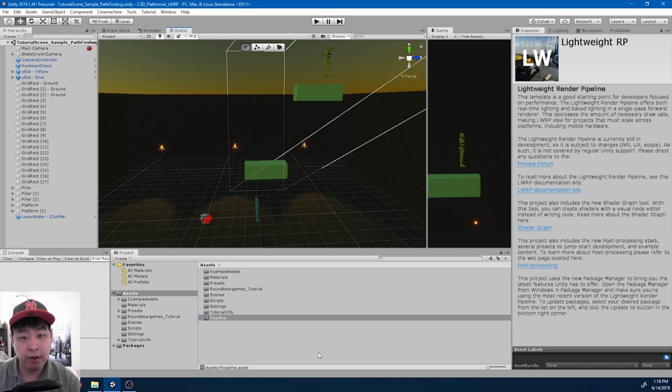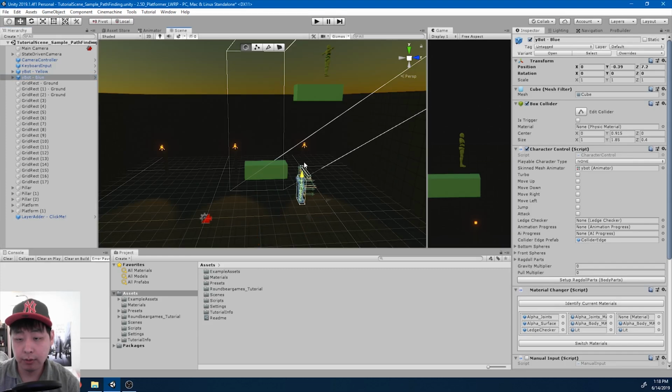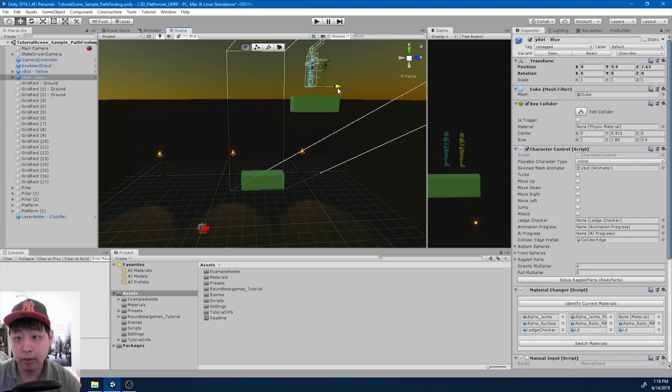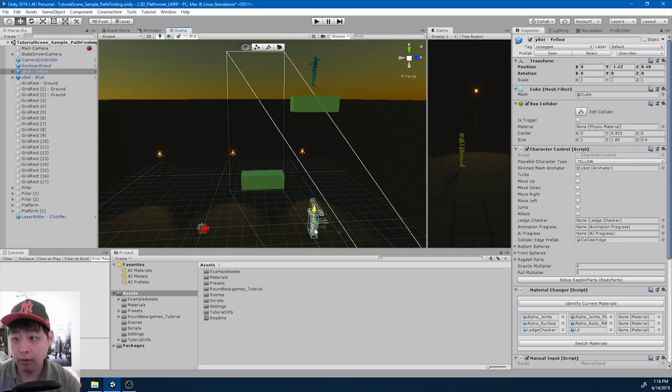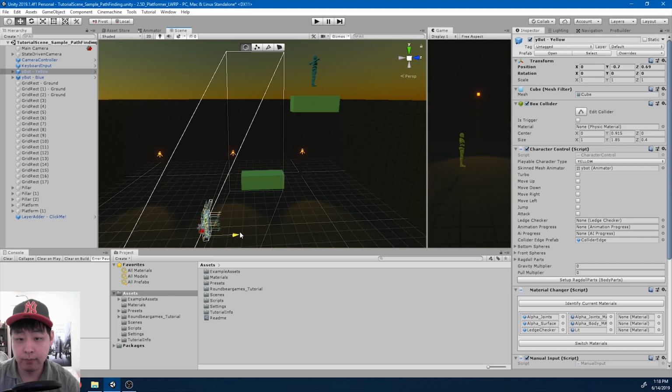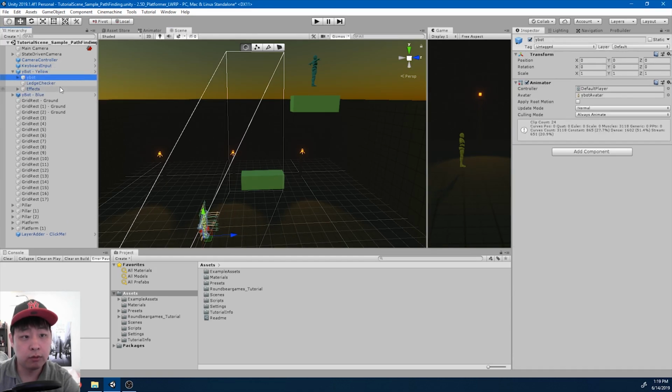Now we want to make AI fall. Falling should be a lot easier. First, let's place AI on top and the player at the bottom. I'm going to go into